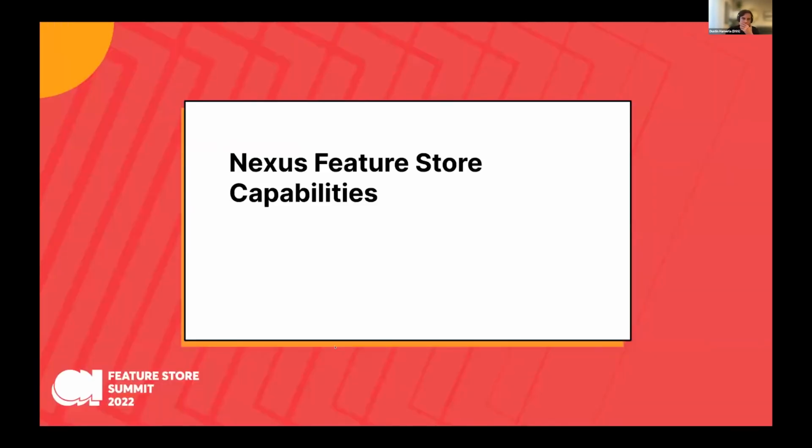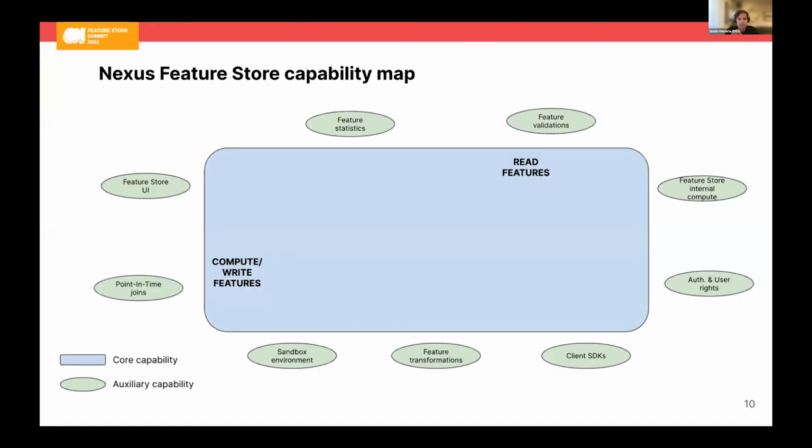Okay, what pain points do we solve with Nexus, and what are the feature store capabilities? Looking at some of the other talks, it's never a single sentence of what the value add of a feature store is and what problems it solves. It's at least always a paragraph or more. And so when I explain to someone what we solve with a feature store, we use this framework of a capability map,